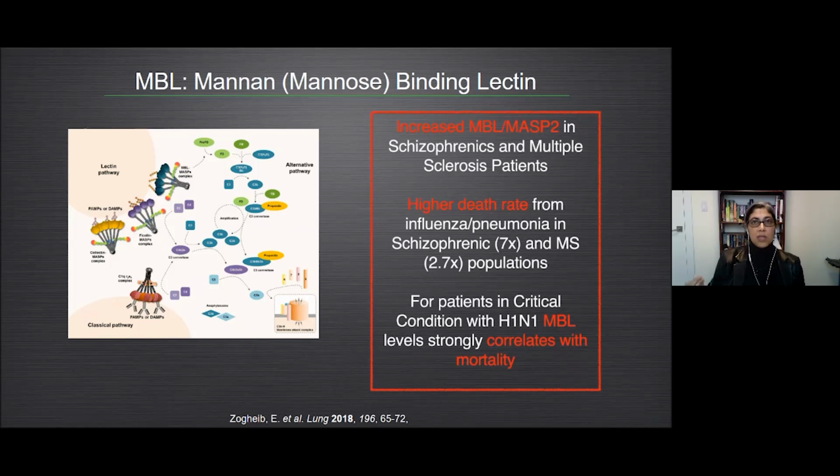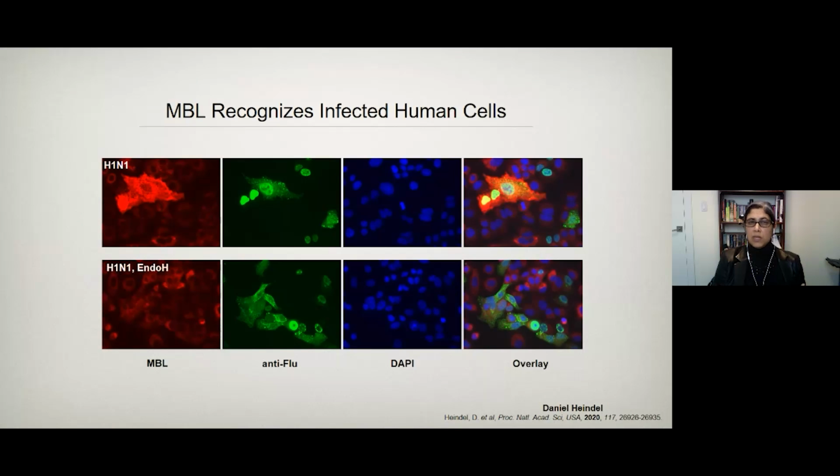So the more MBL you have, the more likely you are to die of the flu. Next slide, please. So we wanted to see if MBL would actually recognize the infected human cell. Would it look like the lectins, the plant lectins that we're using, when it comes to recognition? And indeed, we can show that infected cells actually show high levels of MBL binding when we treat with endo-H,